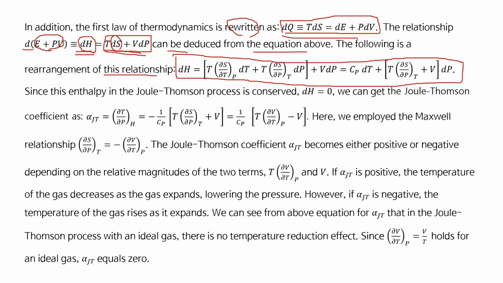So entropy is the function of temperature and pressure, so total differential of the entropy is entropy S, ds dt dt and ds dp dp. So we have this equation for this part, and we can have this term here,